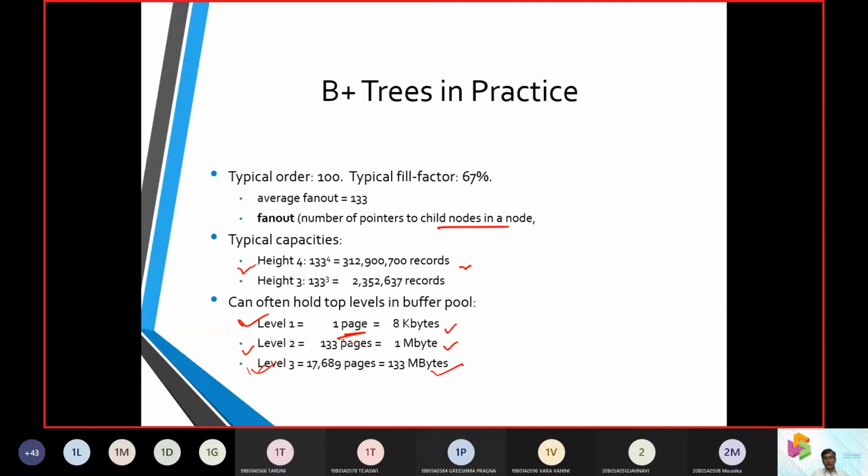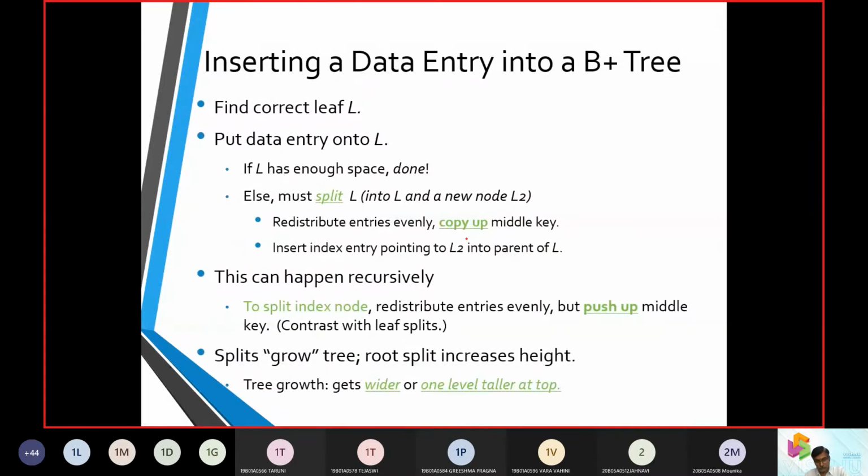A page is going to have the data blocks. So at level 3 we have around 17,689 pages, occupying 4 MB. When you click a photo from your mobile, the minimum size of that photograph is 1 MB right now. That means around 133 pages of database could be consumed in those days. So how the cost has been reduced or expanded, what can we take forward?